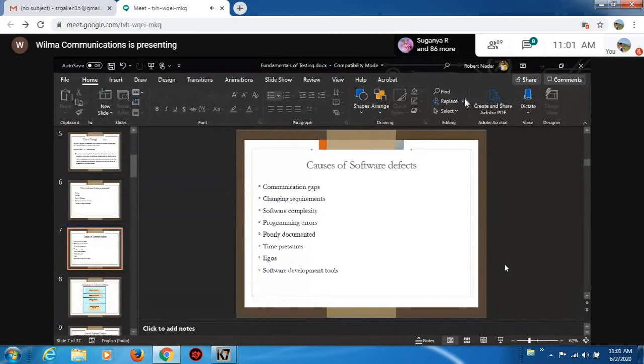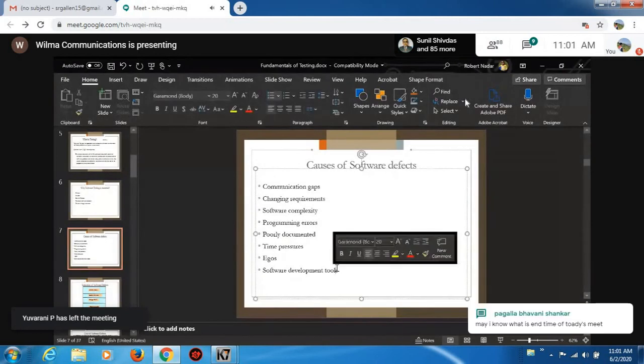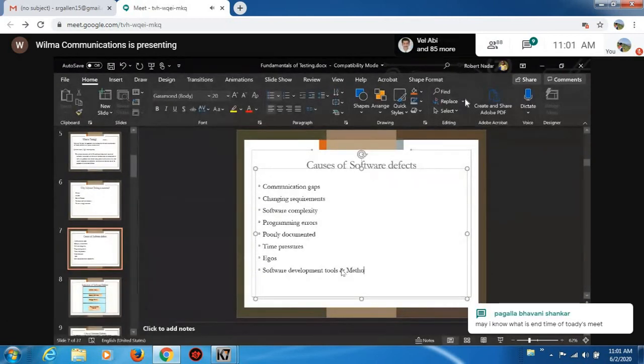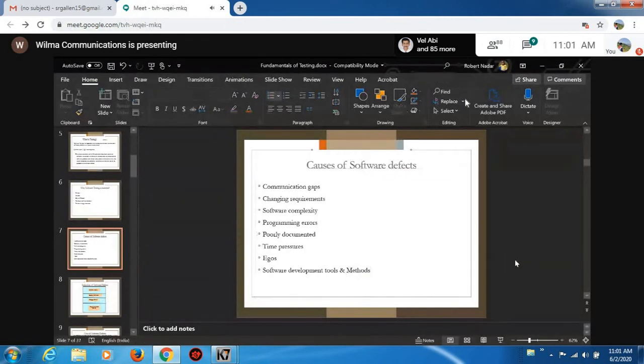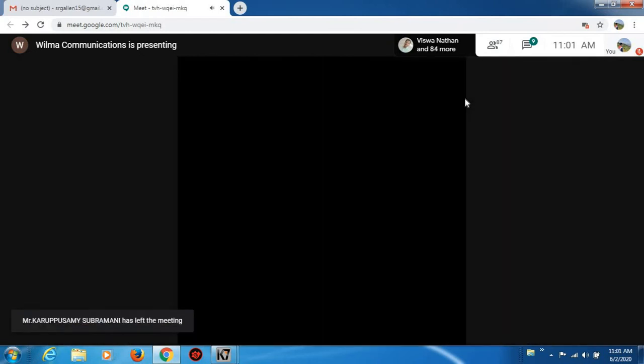Time pressure, ego, software development tools and methods. It's not only the development tool. If you are not selecting the proper method for development,